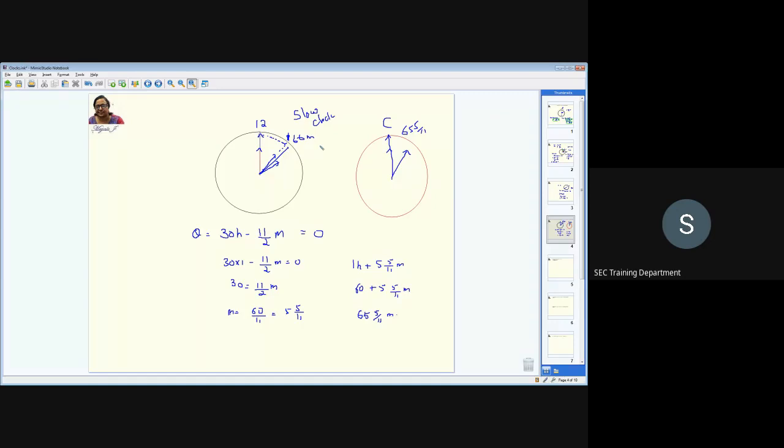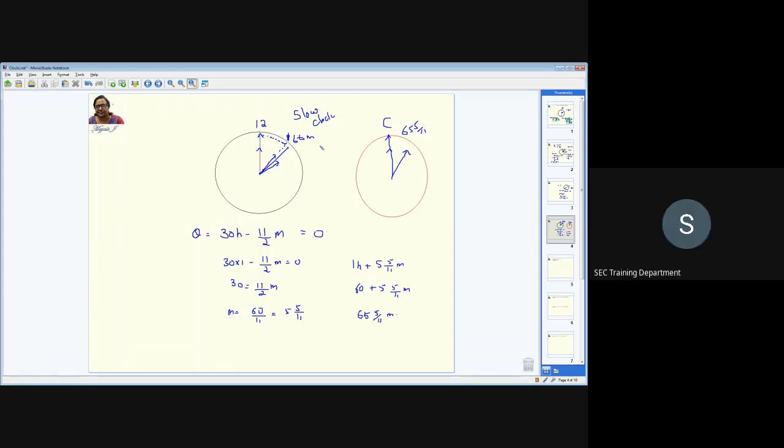The problems will be like, how many times will they coincide with each other in 24 hours? How many times will they be in a straight line in 24 hours? How many times will they make a right angle with each other in 24 hours or for 12 hours? This is one basic problem which will be asked. The second kind of problem is, what is the angle between the minute hand and the hour hand at a particular time?